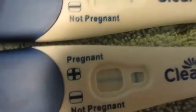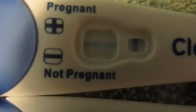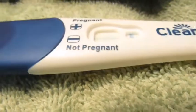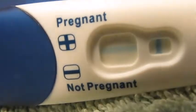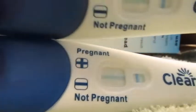I'm not going to get too worked up just because I've learned my lesson from the past. Although these Clearblues have been pretty consistent with giving me blanks. At least I think, because I'm losing track of what tests I like, what tests I don't like. Walmart didn't have the 88-cent test today. That's the one I really went to Walmart to get. They didn't have that. So let's just go with inconclusive. Don't want to get too excited, but there's definitely lines on both of these tests that I took today